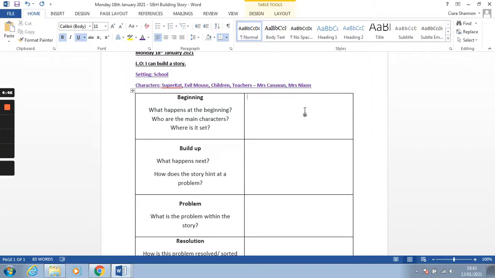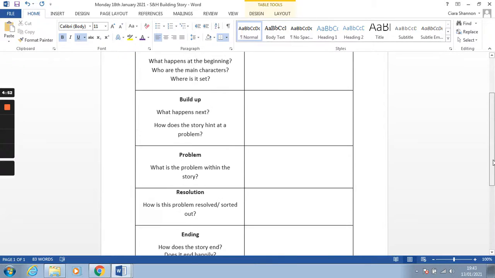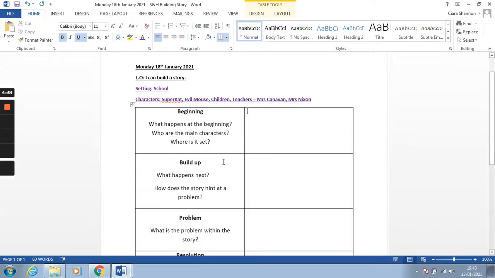So I'm going to start at the beginning of mine. You might want to start at the end, thinking of the ending of your story and work backwards, but I'm going to start at the beginning, so feel free to follow along with how I do it. And at the beginning, what happens at the beginning of your story? So at the beginning of my story, I'm going to have Miss Foster. Ooh, I'm going to change that for you guys so it's not bold and underlined. So I'm going to have Miss Foster is teaching a really exciting